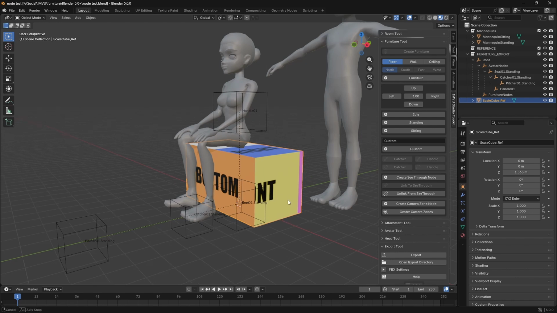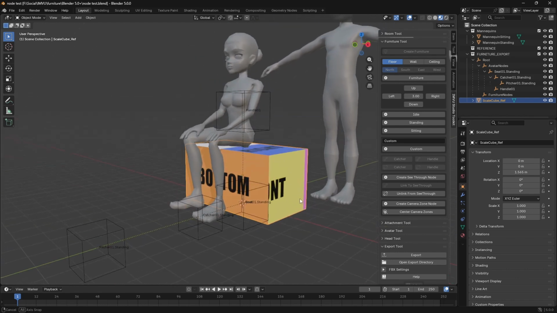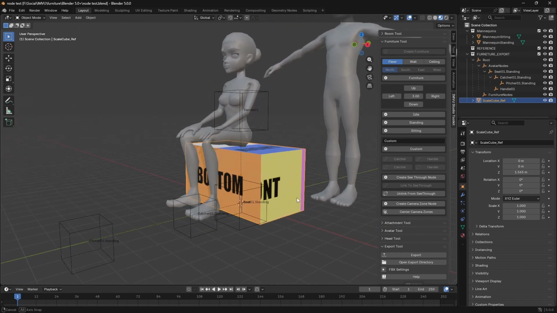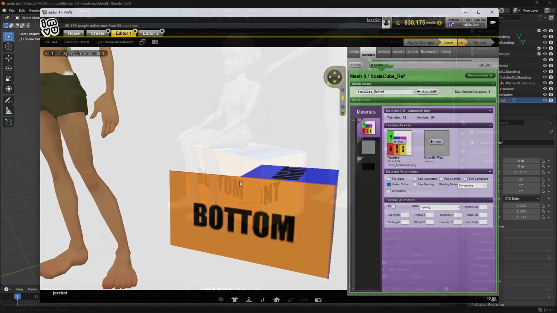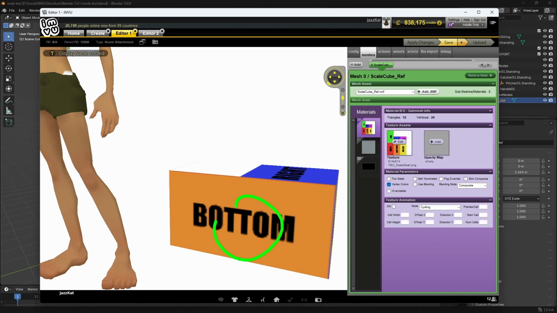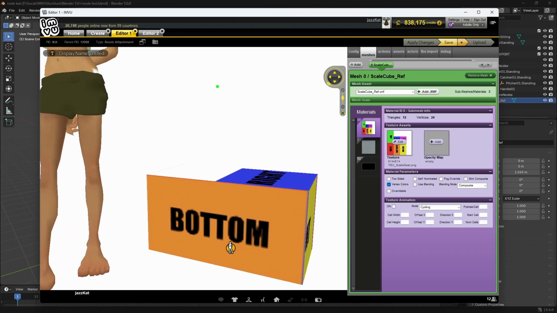If you're using the IMVU Studio Toolkit to make furniture that's going to be used or assembled in Classic, and you are finding that your handle nodes are appearing in the wrong location, instead of up here, they appear down here, which is where the seat node is. A simple, quick fix for that